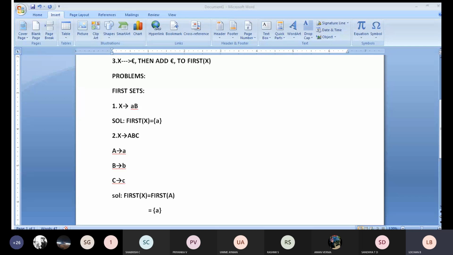Have you understood the first two problems, or shall I explain once again? We will solve a few more. I am talking with respect to the first and second. Any doubts? I want a response from your side. Rohan, shall I explain once again? Sir, explain. Sir, in the second one A, B, C all are there, na sir? Then why only first of A? Yes, sir. Once again.